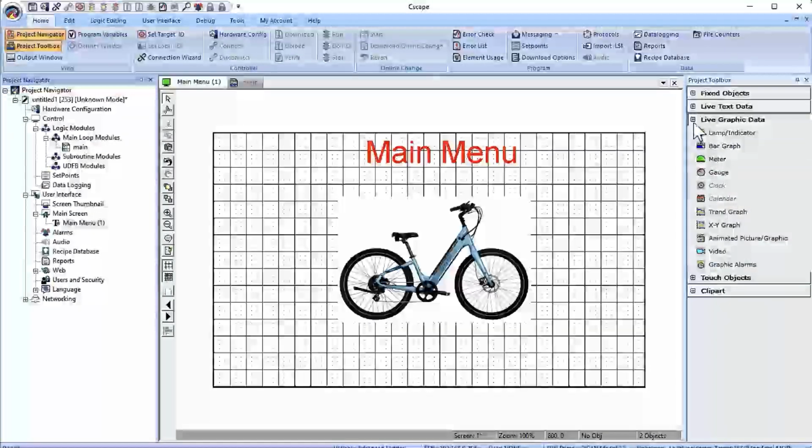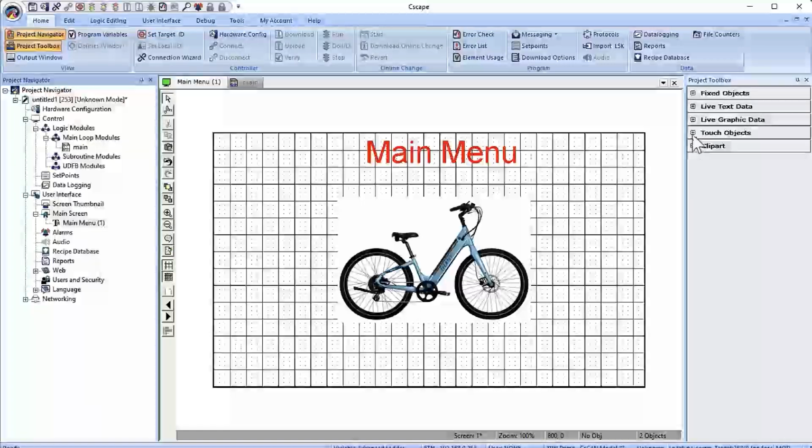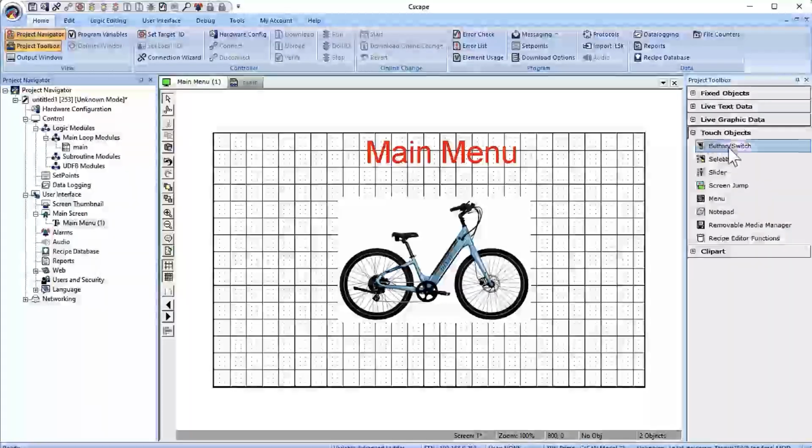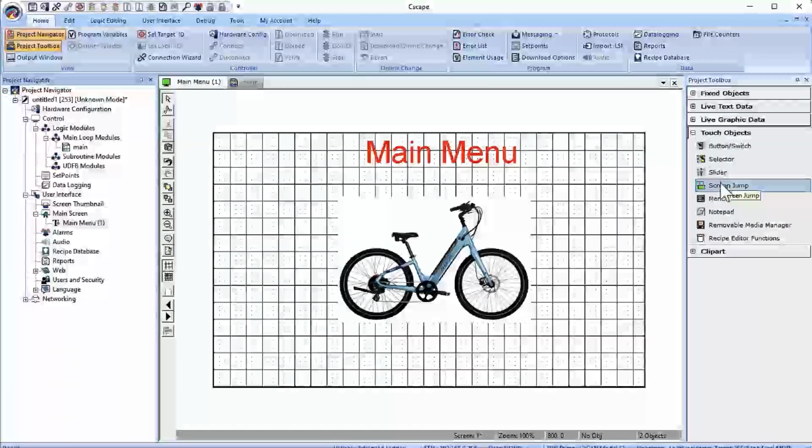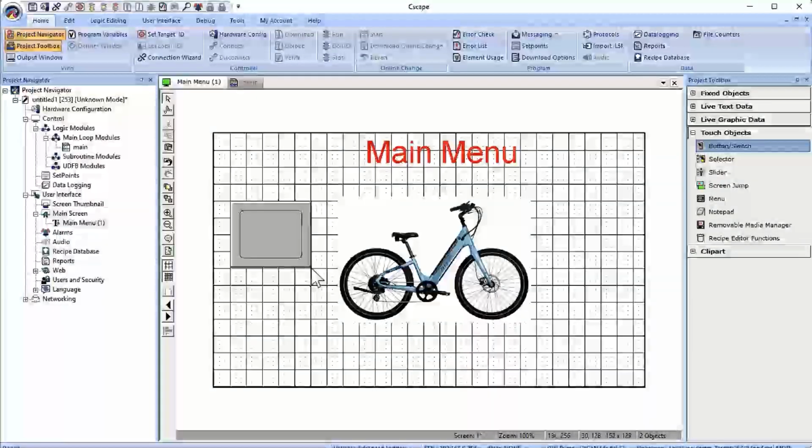Then we have touch objects. These include objects that have an action when they are interacted with, such as a switch or a button, a selector, a slider, screen jump, menu, notepad, removable media manager, and recipe editor function. We will add a button to our screen here the same way as before, and double-click to look at our dialog box